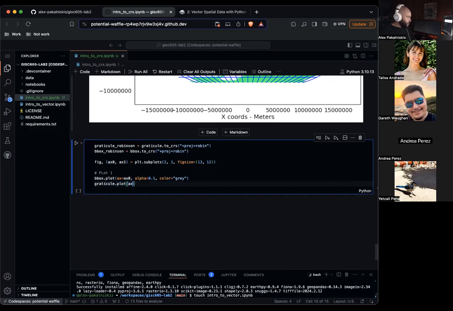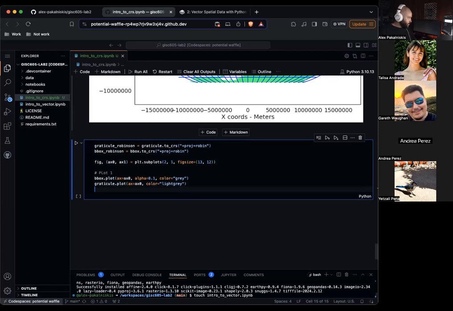Graticule.plot ax equals ax0, color equals light gray. And then world_bound.plot ax equals ax0. You might see a pattern at this point. Color equals black.